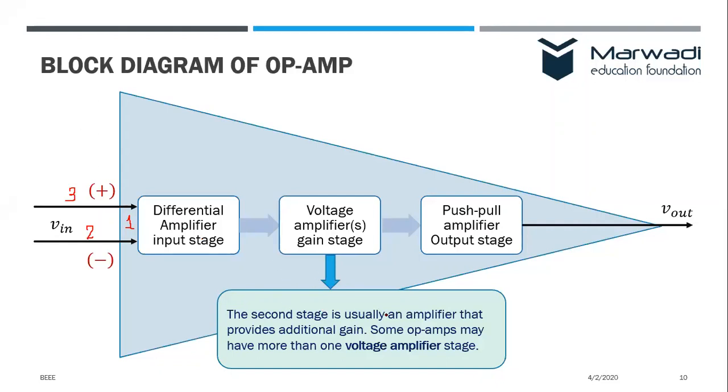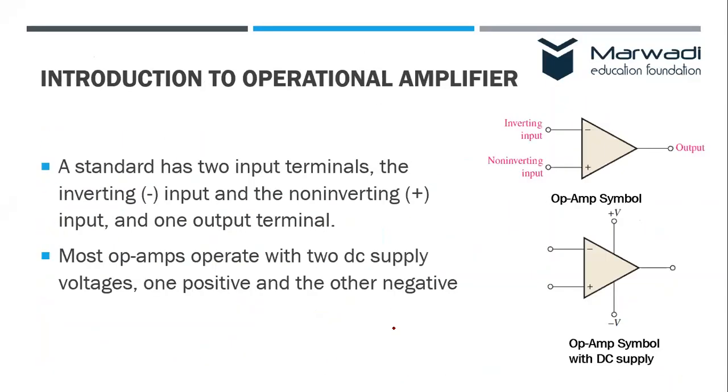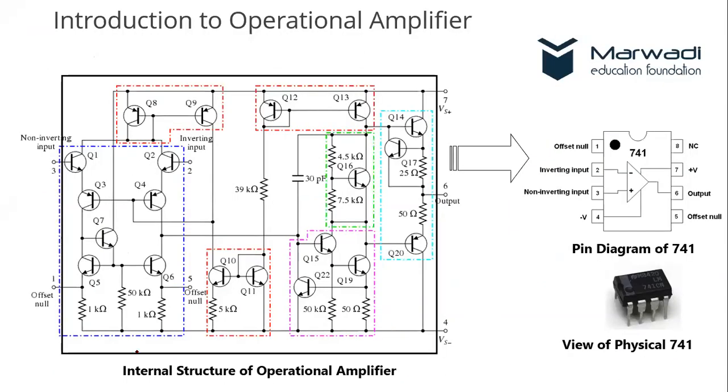Now the second stage is usually an amplifier that provides the additional gain, whereas the third stage is the push pull amplifier. And if you want to see, it is available right here. The blue one is the differential amplifier,